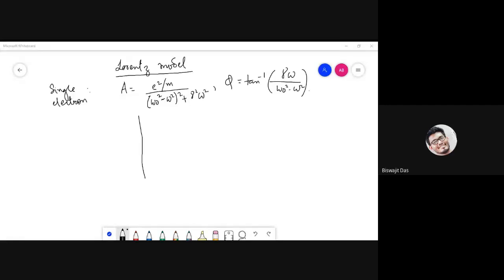No, it can't be. The square root problem, no, it will be, and that a will be e square by m into E0, essentially force by m, right? I think what he is saying is indeed correct. Yeah, because if you do a cos and a sine, it will be square.